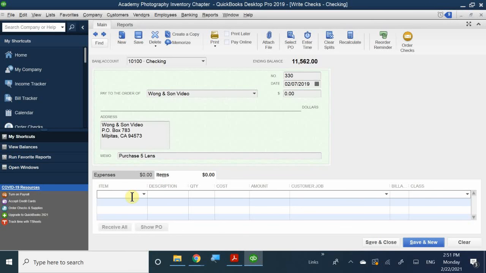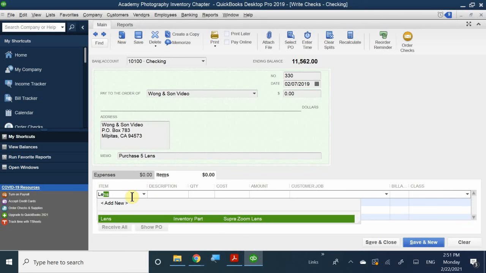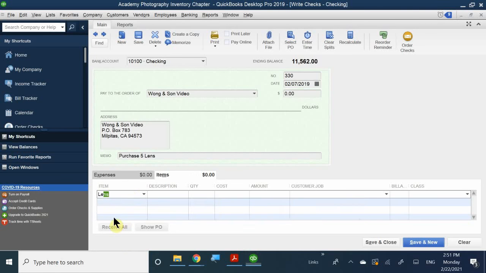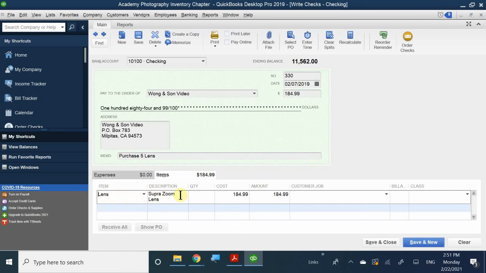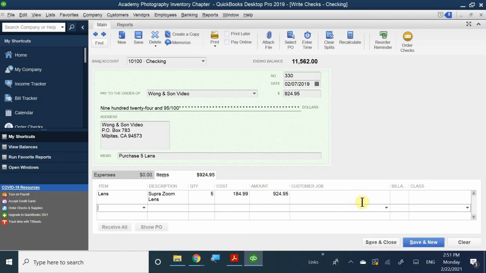So in this case, because I do have lenses as one of the items that I sell or make purchases of, I'm going to go ahead and select it. And it's going to fill in all the information. In quantity, I want 5 of them. Okay? So in this case, there's my total. And because this item is going to be tax exempt because Mr. Wong and Son is a vendor, right? I'm going to go ahead and move forth. I'm not going to get taxed for this. He's going to tax exempt me because I'm a legitimate